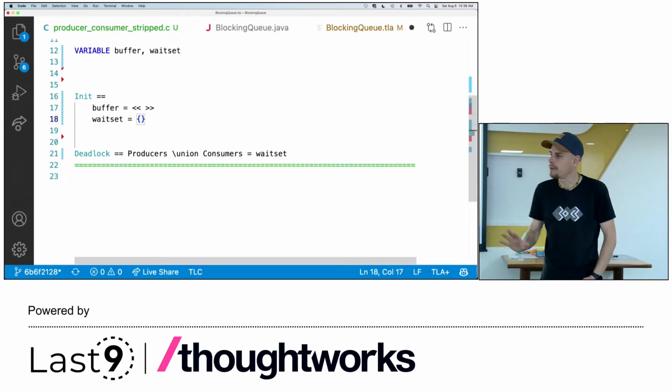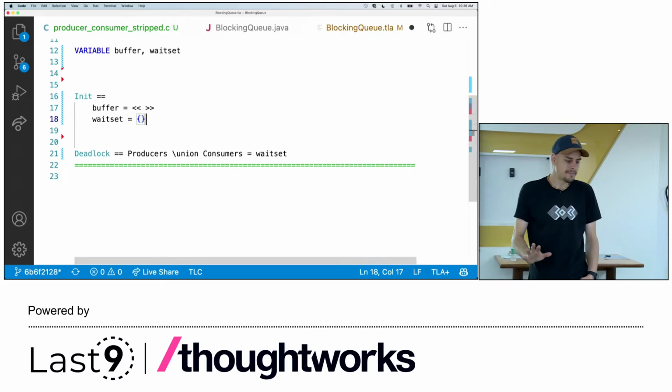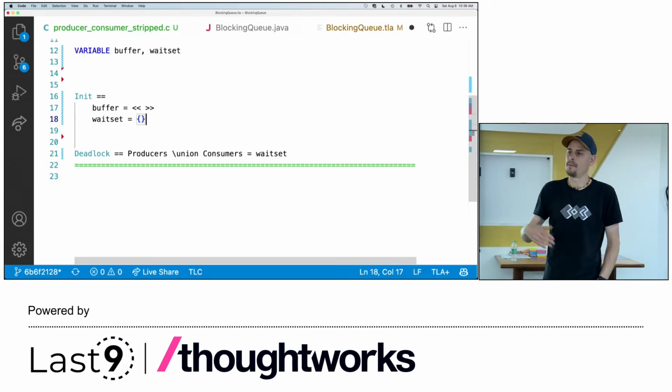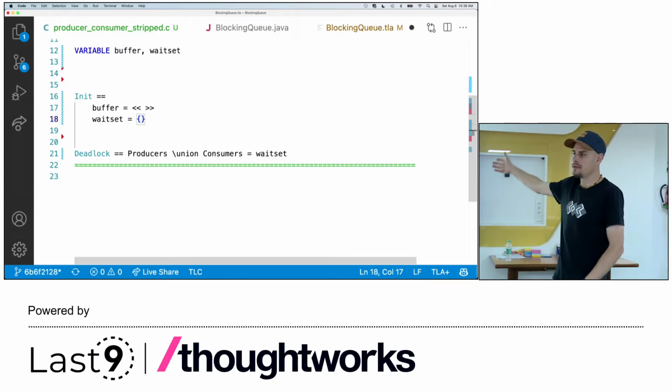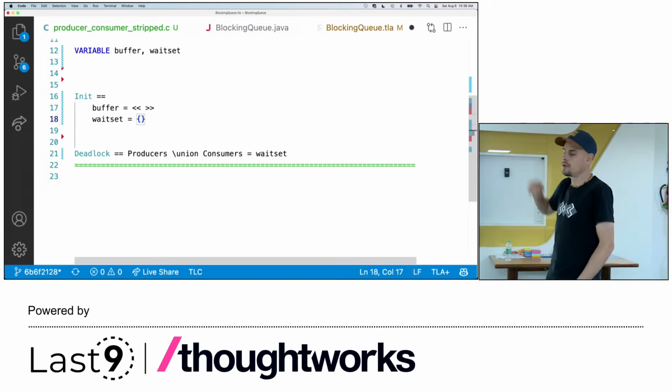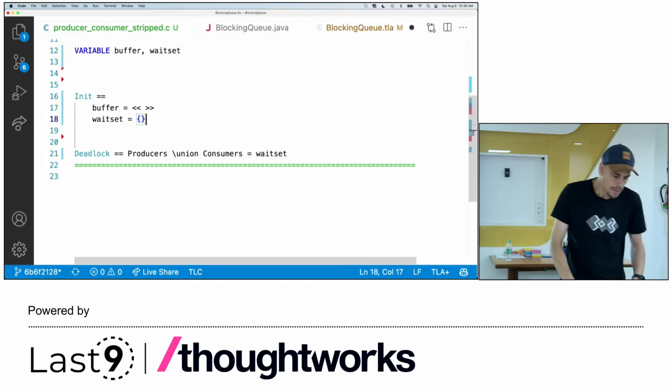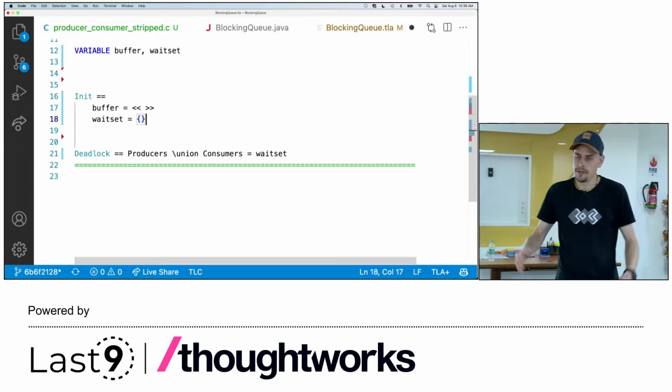But this is not how TLA Plus works. In TLA Plus, everything is just a formula, a mathematical formula that evaluates to true or false. This one doesn't evaluate to true or false. These are just two individual statements. So in order to turn it into a formula,